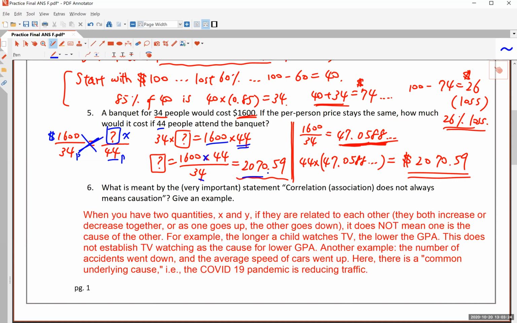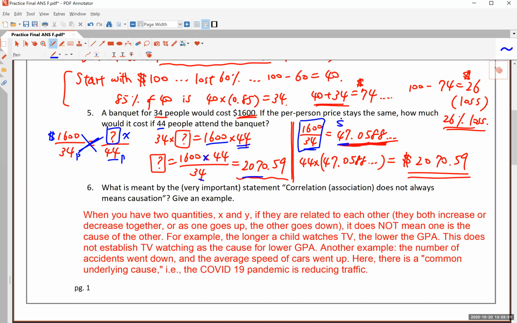Okay, and many of you probably will feel more comfortable understanding the meaning of what you're doing, instead of just following a procedure, and that's okay too. So here's another way of thinking about this, and many of you may have already solved this problem this way. If $1,600 is for 34 people, you divide 1,600 by 34 to get